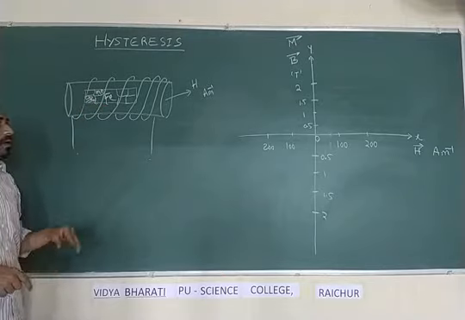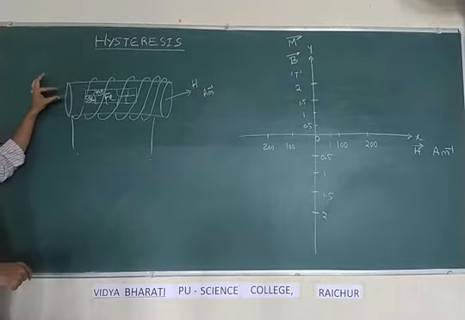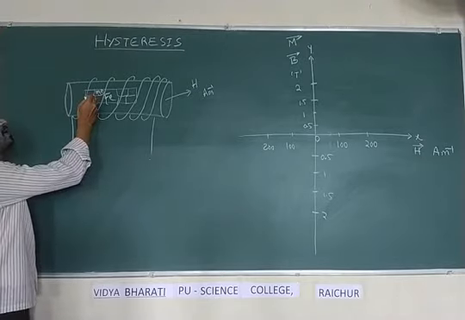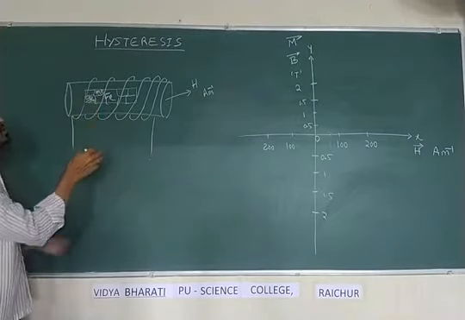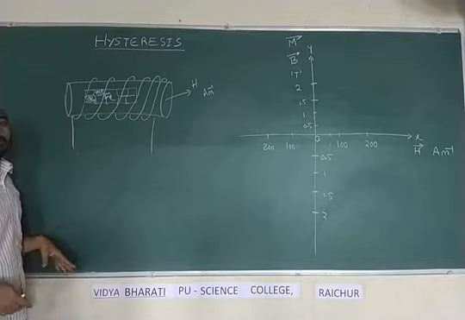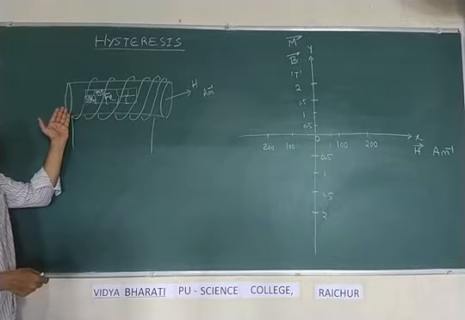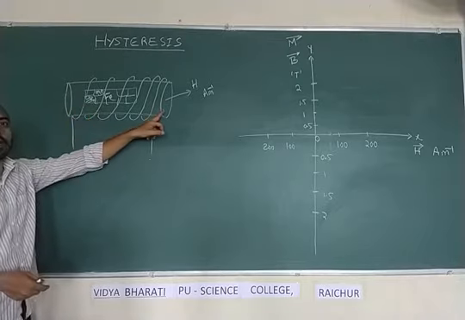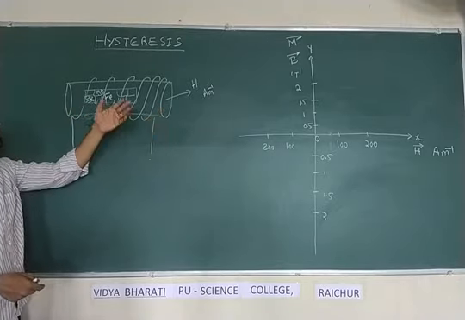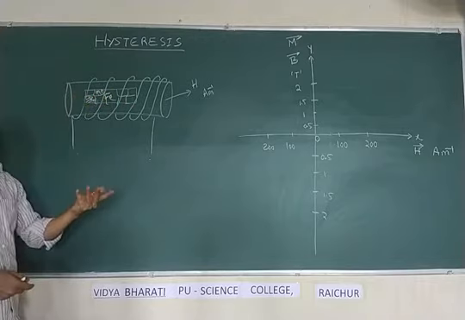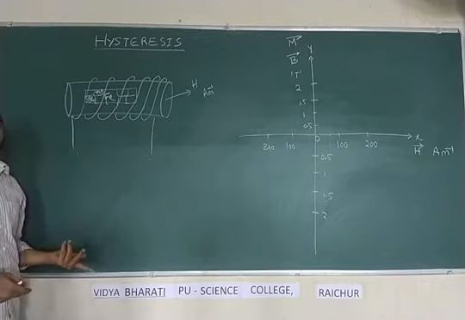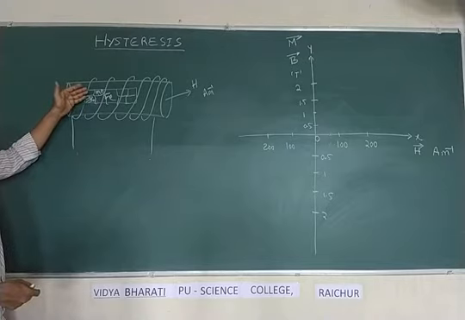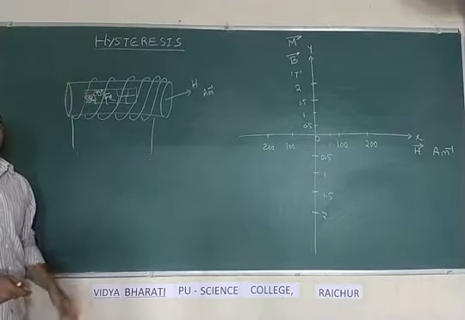Now, on subjecting such iron to the current carrying solenoid, what are we doing? We are making all these atoms and molecules orient in one particular direction. When they all start to orient in one particular direction, in the direction of the applied field, the iron slowly gets converted into a magnet because of the orientation of all the molecules in one particular direction.